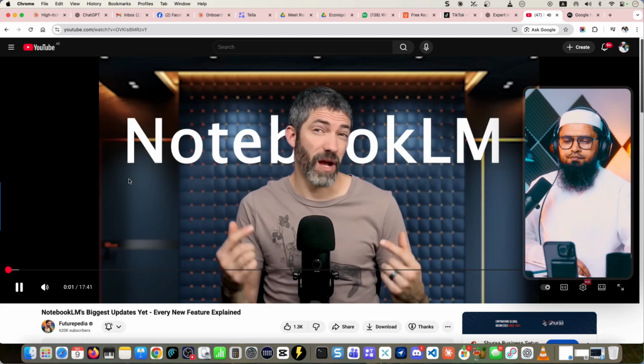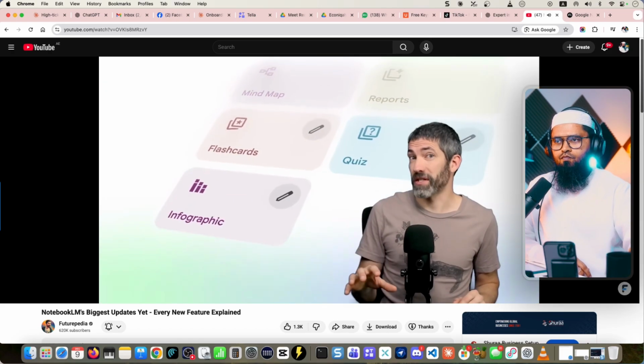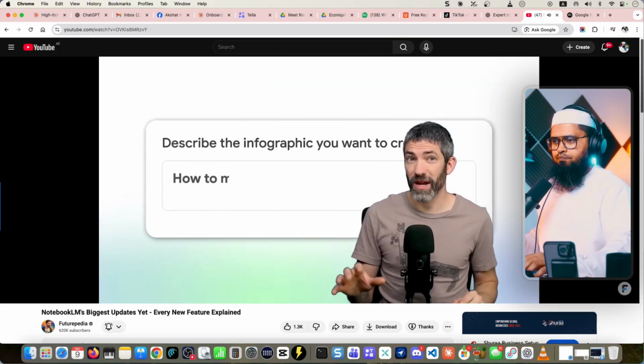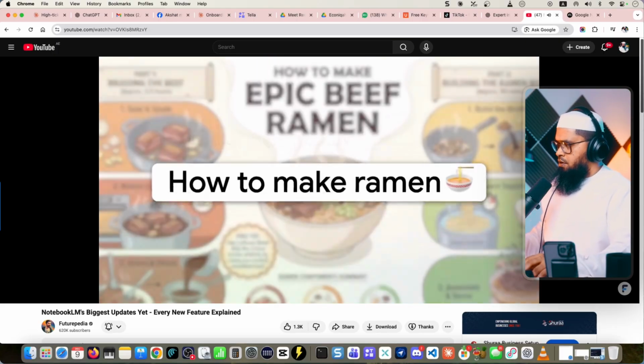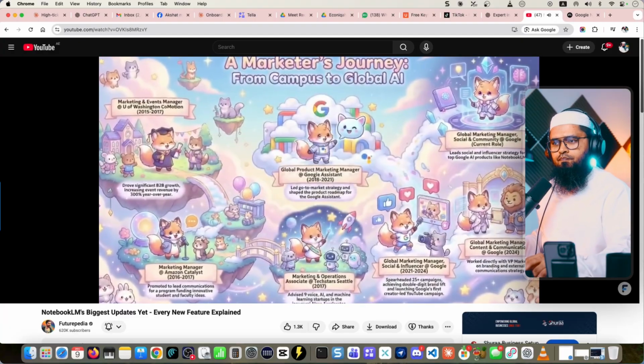NotebookLM was already one of my favorite AI tools that I recommend to everyone, but with the most recent update, they added some new features that make it even more powerful. I'll cover the two big obvious ones they added, which are amazing, but also some of the smaller, less obvious